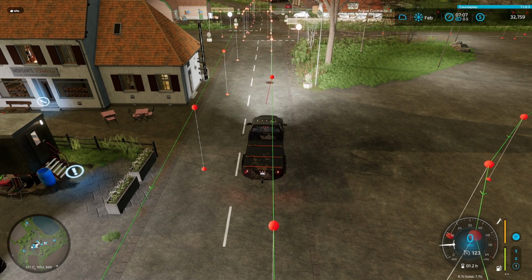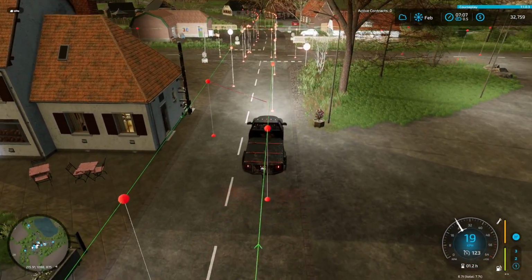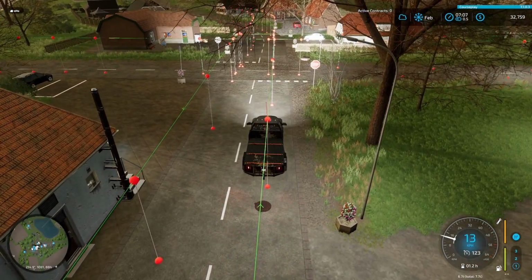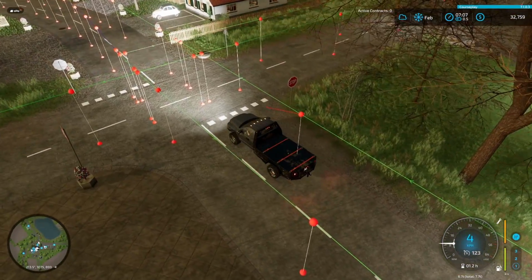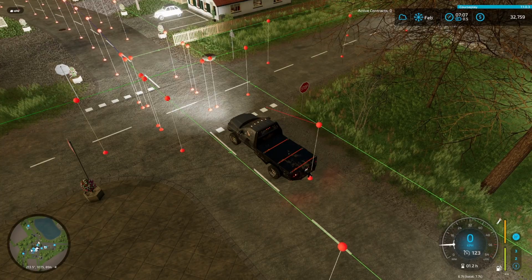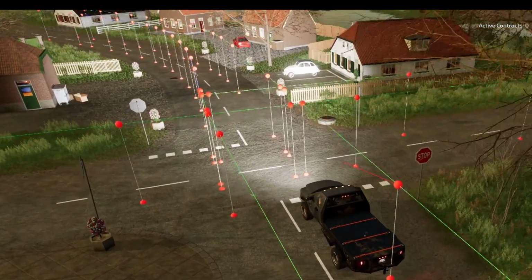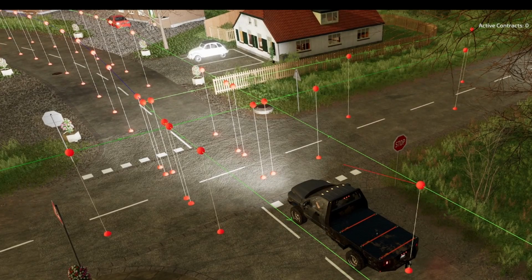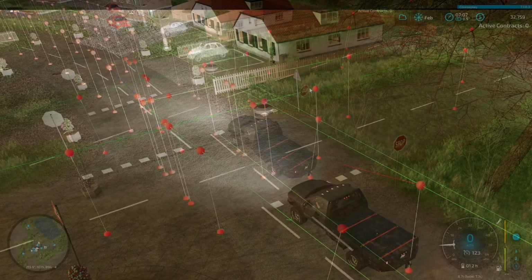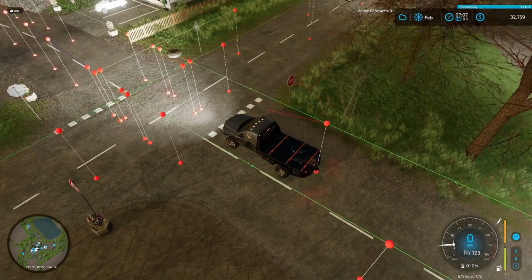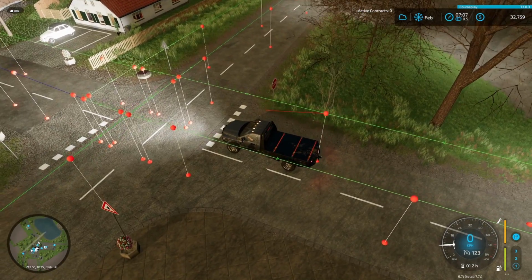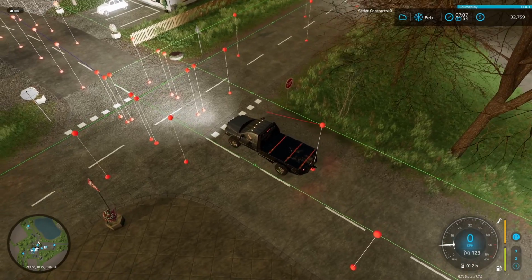But the first thing we're going to do is try and sort out this intersection where Autodrive's brought in the splines that the map maker has included, but they aren't set up particularly well. So you can see, for instance, there's a two-way route. That's the blue lines on the other side of this intersection. And the intersection itself has nodes that are going in both directions, and a strange right-angled loop here, which goes some way to explaining the AI's traffic behavior at this intersection. So what we really want to do here,